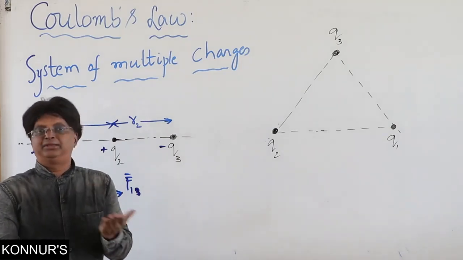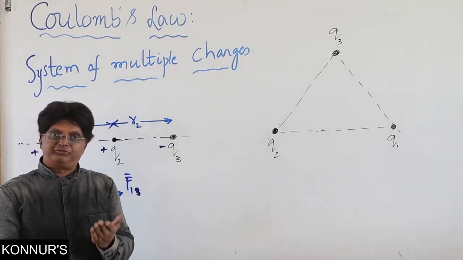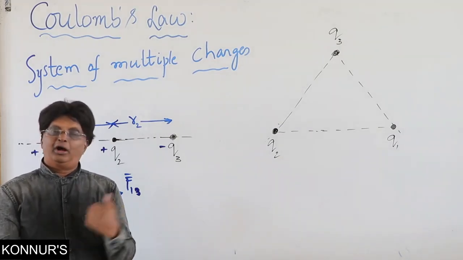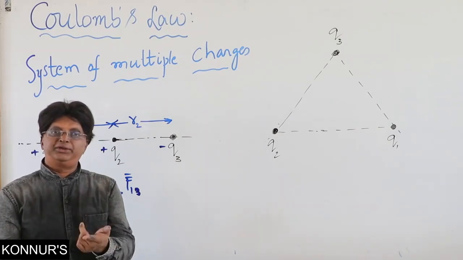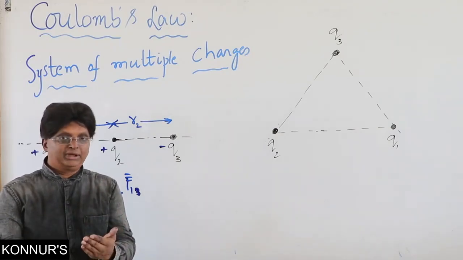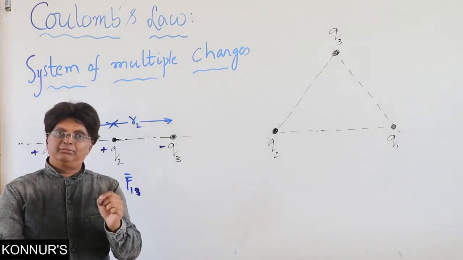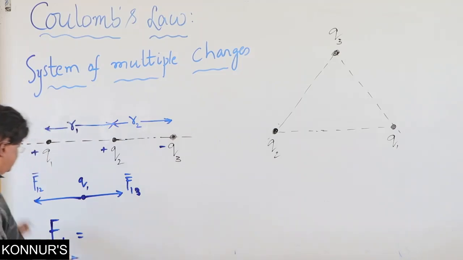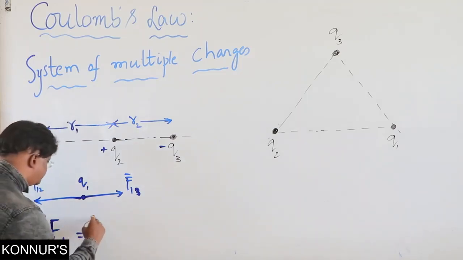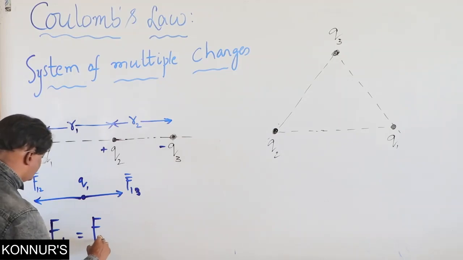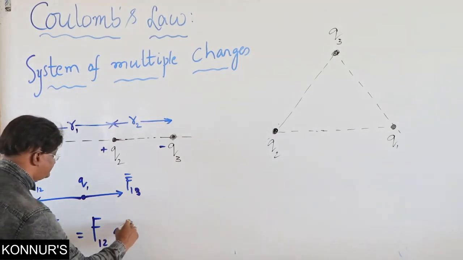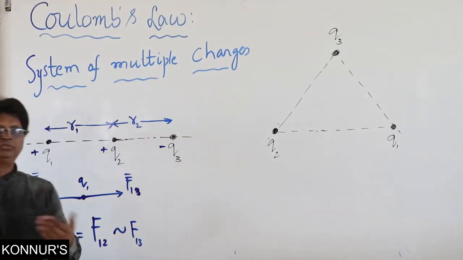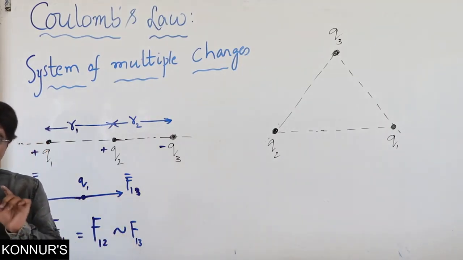Other than that, if the angle is theta, for everything we use the root of P squared plus Q squared plus 2PQ cos theta. For the opposite direction, theta is equal to 180, cos 180 is minus 1, right? Similarly, for parallel vectors, theta is equal to 0, and you get cos theta equal to 1. Therefore, F net is equal to, I am now writing, F12 minus F13, the difference we get, right? For theta equal to 180. Therefore, in the case of collinear charges,